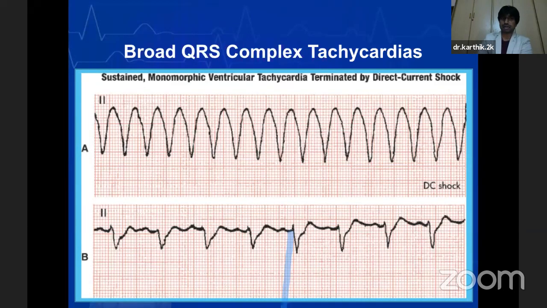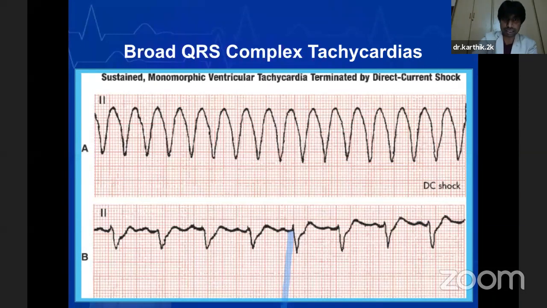Now, this is another lethal condition that we call monomorphic ventricular tachycardia. When you see such a rhythm, a wide QRS complex with a design pattern that looks the same from the origin till the termination, this is called monomorphic ventricular tachycardia. You usually see these rhythms in patients who have a massive myocardial infarction and patients who have electrolyte disturbances. When you see such rhythms, you should immediately give a DC shock to these patients, because these patients may not give you enough time to act and do anything else other than shocking them.